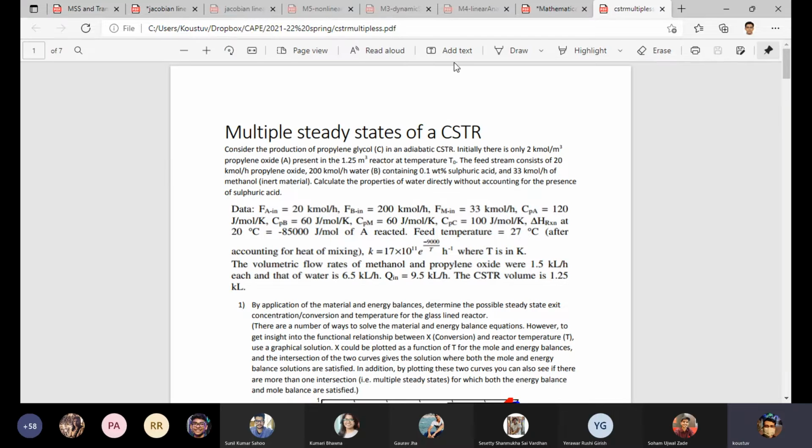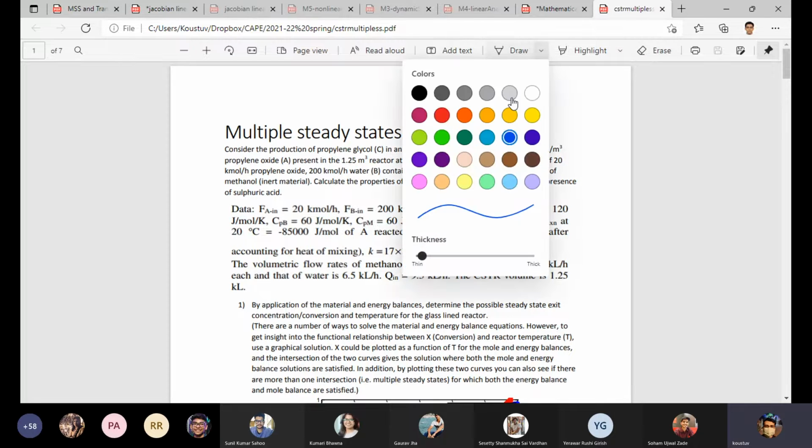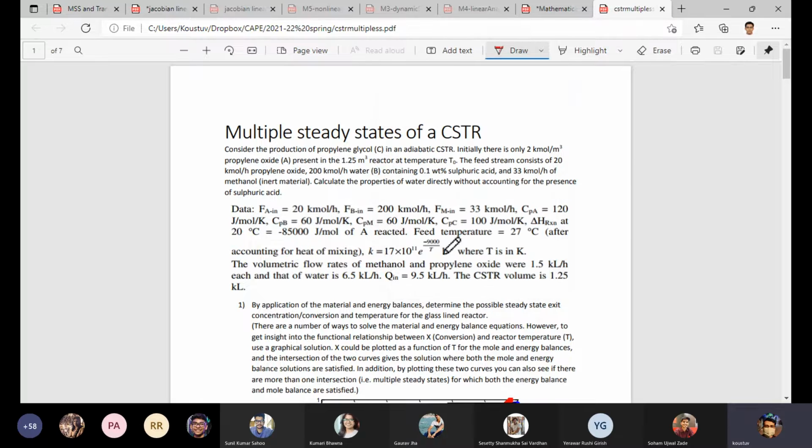So this particular problem, which in fact I also told in the previous class, can be given. So I think this problem I will frame and give as an assignment, to not only obtain the steady state values but do this linearization technique and comment on which steady state points are stable or unstable. So this will give you a broad understanding of the learning that we have made in the class. So this I will give in the form of assignment, second assignment.